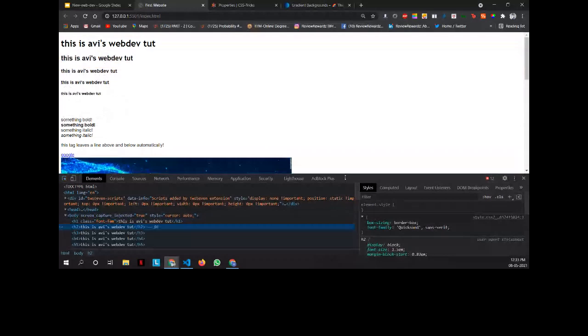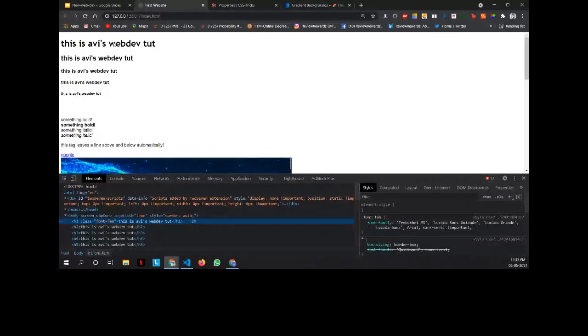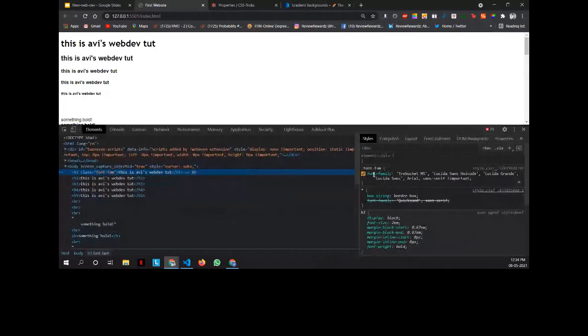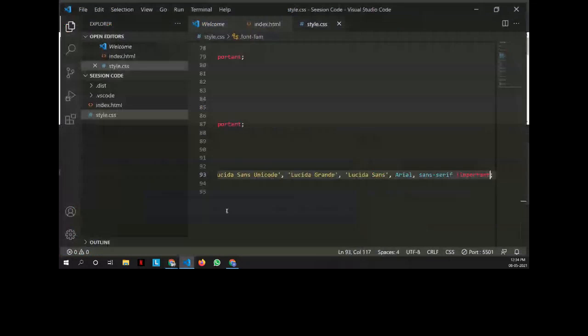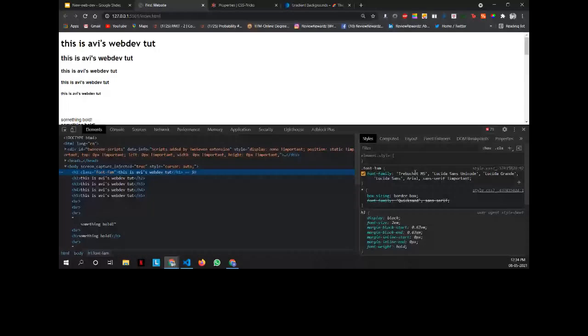Yeah, so guys, the change is not visible here, but if you open inspect element and check, the font family here is Tribute MS, what we've applied, what we had written in this code, and it's visible in the CSS part also.